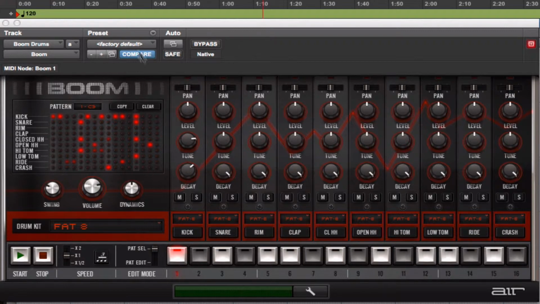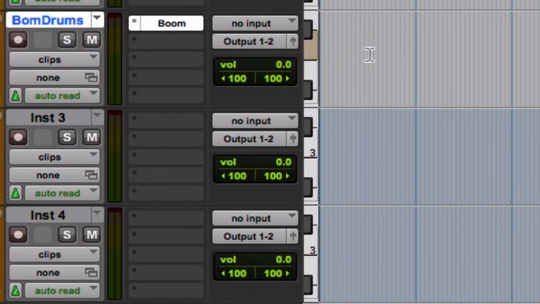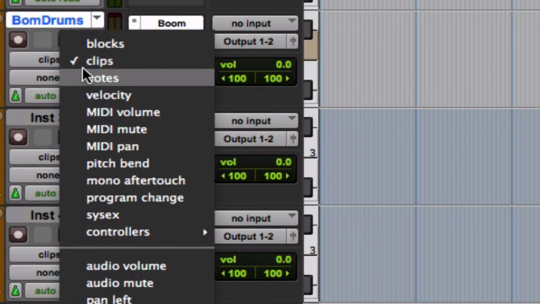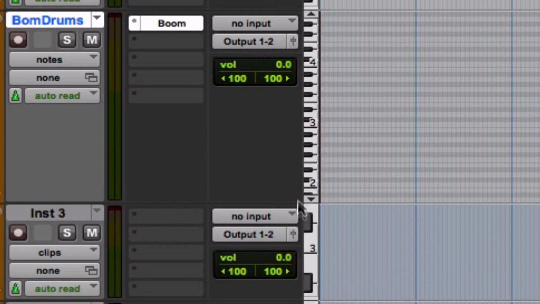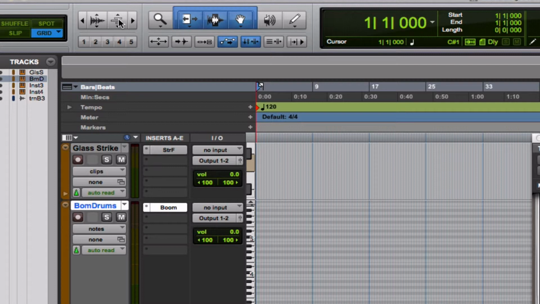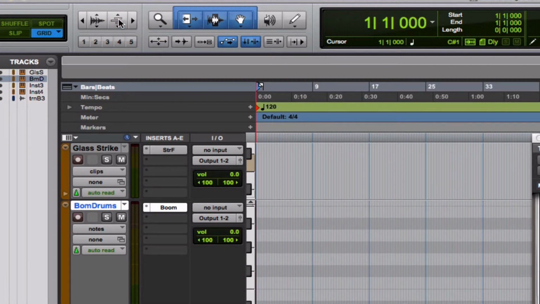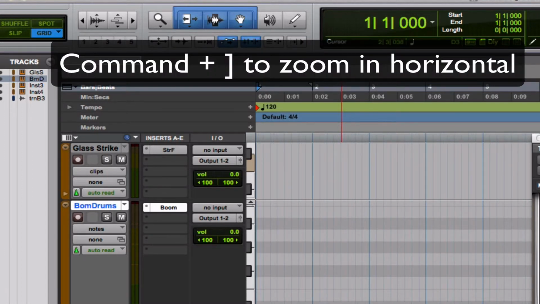Now I have this main pattern here, and what I want to do is take this pattern and add it onto the timeline on this MIDI track that I have here. I'm going to change it over from clips to notes. I'm going to go down to the bottom of this track, and my cursor is going to turn to this little up and down arrow with a horizontal line. That allows me to drag down and change the size of this track. I'm also going to go here, MIDI zoom, and zoom in so things are a little bit easier to see. I'm going to also hit Apple right bracket to zoom in so I can see a bit more